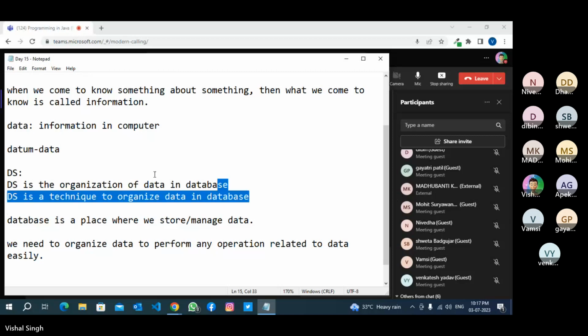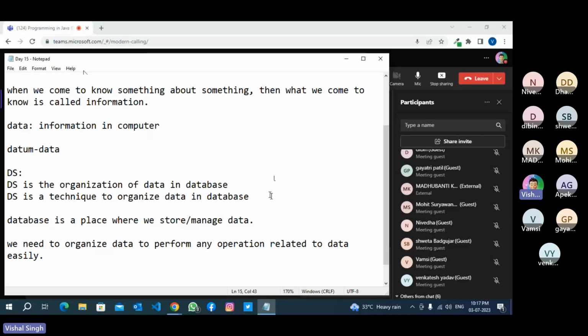So today we will discuss the predefined classes which are available in Java for organizing data in a database.